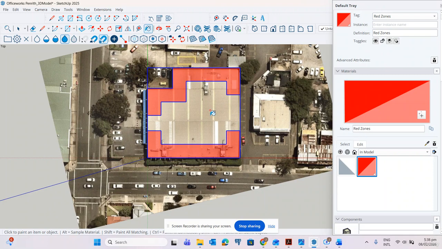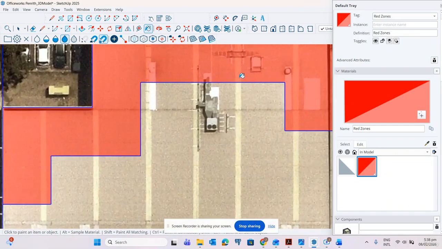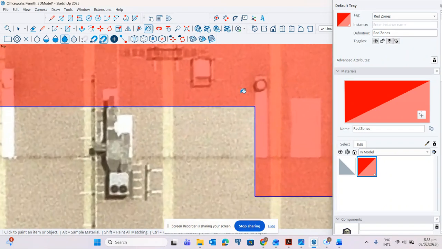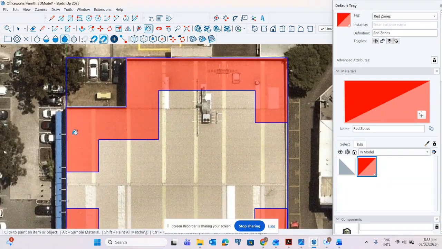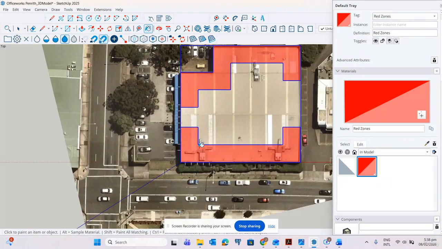When the opacity is 100% it is all red. The purpose of the opacity is so that we can see behind the color. And then space bar.